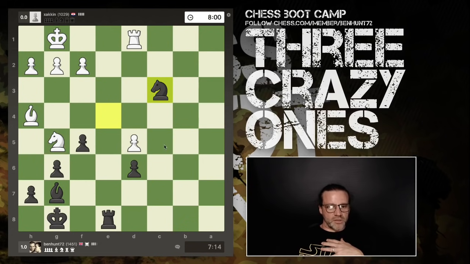The knight can't defend it. It's on the wrong colour. Right, so the knight in any move is only going to move. Aha, you see? That's the problem. Now